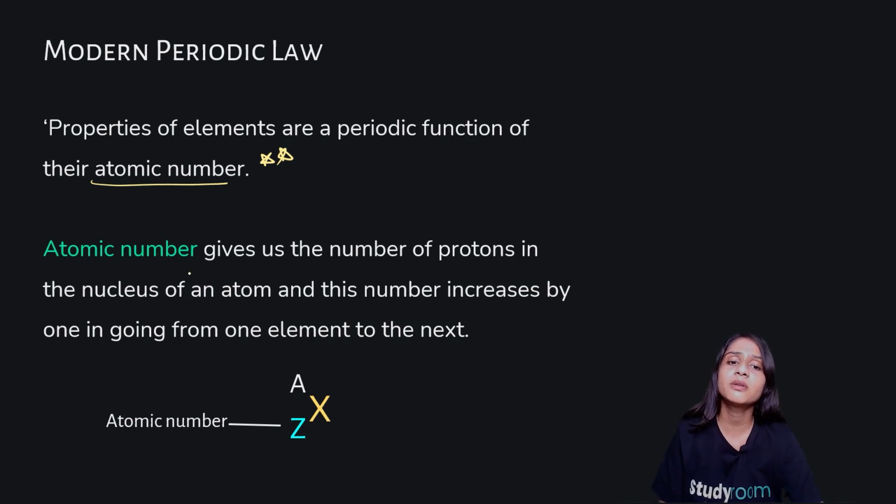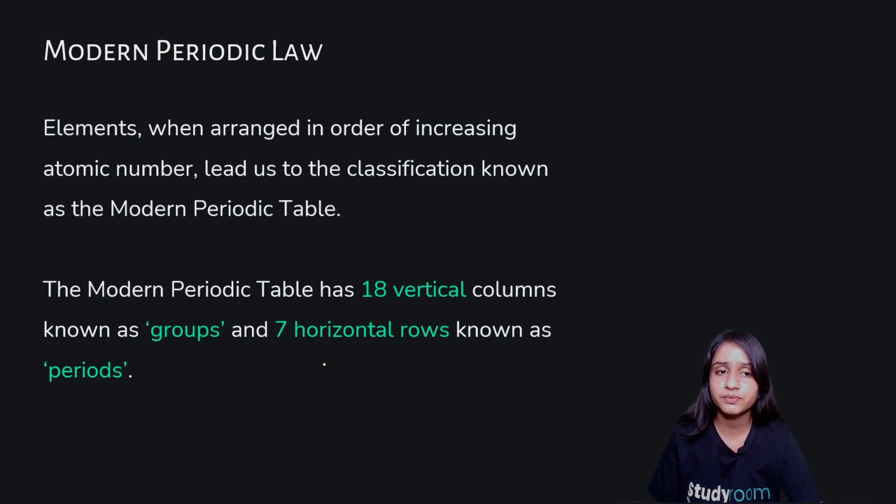Okay, so atomic number gives us the number of protons in the nucleus of an atom, and this number increases by one in going from one element to the other. So how do we denote atomic number? This is the atomic mass and this is the atomic number, and X is any element. Elements, when arranged in order of increasing atomic number, lead us to the classification known as the modern periodic